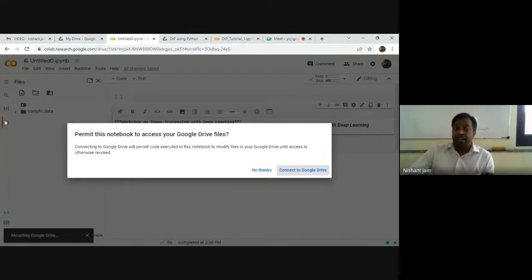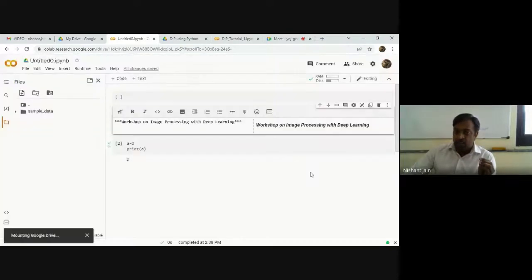So simply I need to click on this. When I click on this, it will pop up this window, and over there I simply need to click on connect to Google Drive, and then it will start mounting. Start mounting means it will simply connect my Google Colab with the Google Drive,